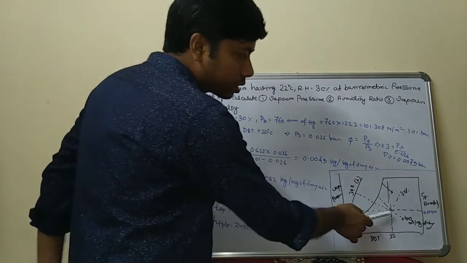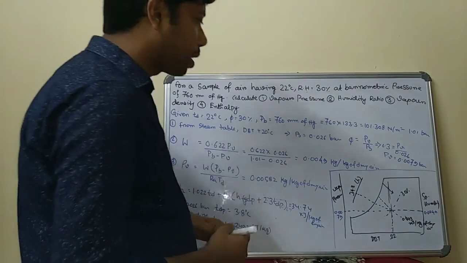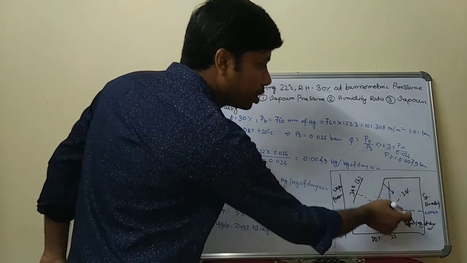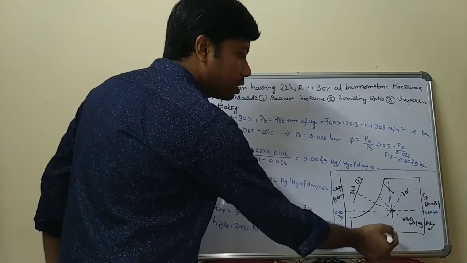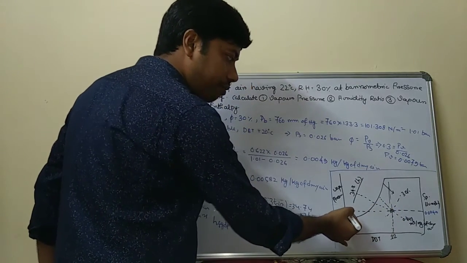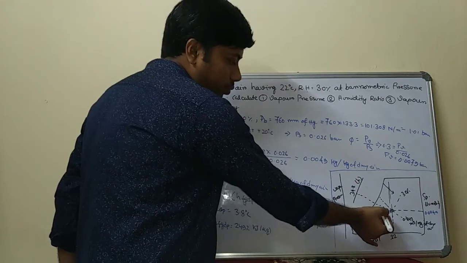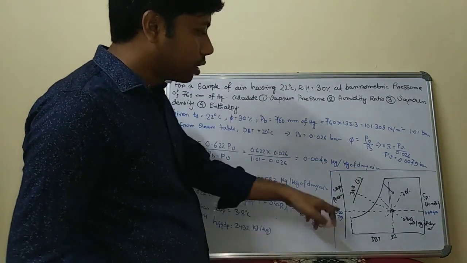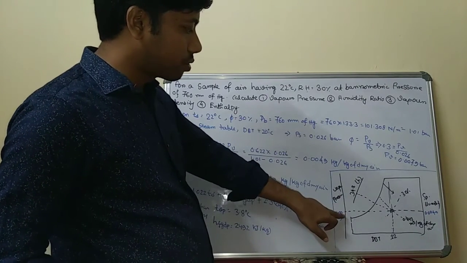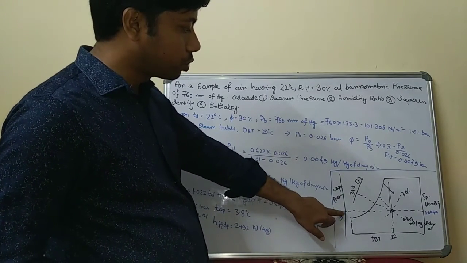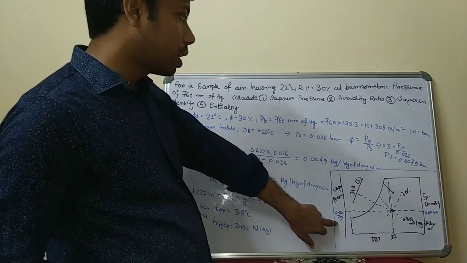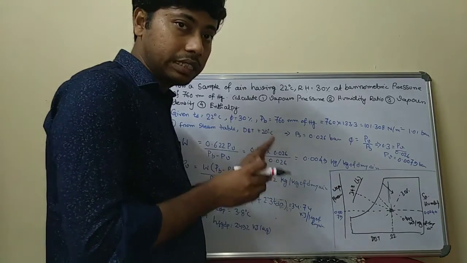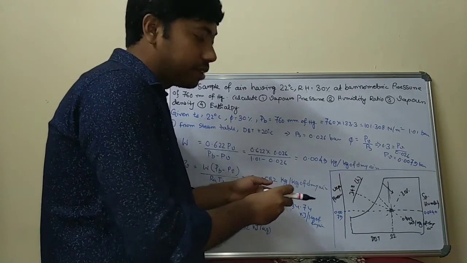So corresponding to this cutting point, you can calculate the vapor pressure. First you have to calculate the vapor pressure. So this is your meeting point of relative humidity 30% and dry bulb temperature 22 degrees Celsius. If you draw this line horizontally to the left part of your chart, it will cut the vapor pressure scale, which would actually be 0.007 bar, which is basically calculated using a formula, but you can get the value easily from this chart.